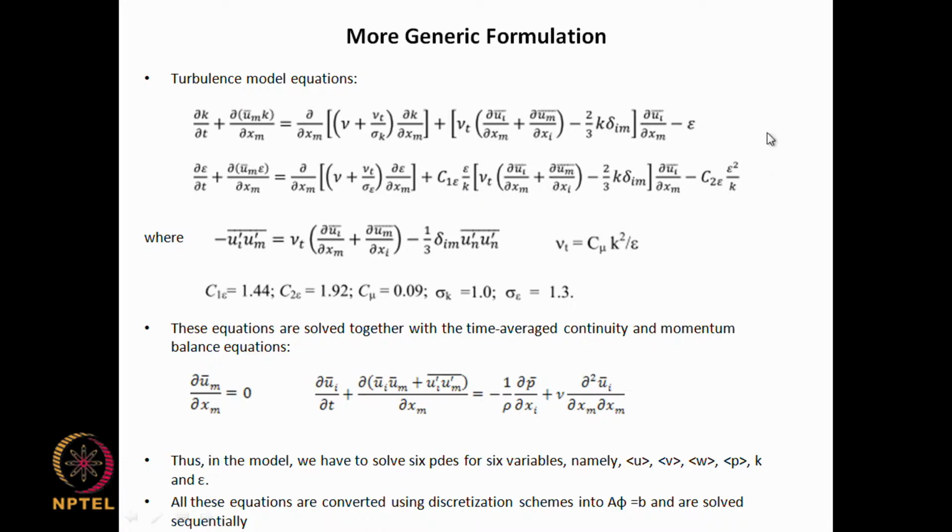Okay. Now within this you have some constants like eddy viscosity here, and eddy viscosity is put in this particular form, and it is now expressed not in terms of mixing length, but as a constant times K squared by epsilon is how eddy viscosity is defined. So if you know K by solving this equation, and if you can evaluate epsilon by solving this equation at a particular grid point, then you can evaluate nu t using this expression at that grid point, and then you can substitute here and then get this ui prime um prime bar, and you can now put this into this here, and then you can have